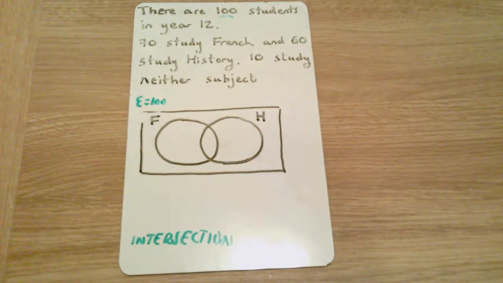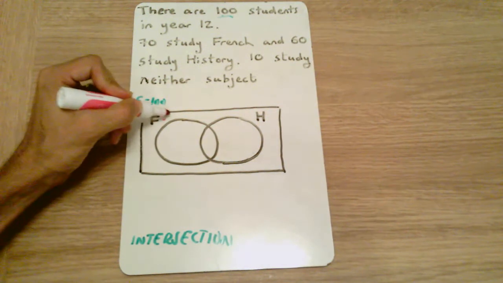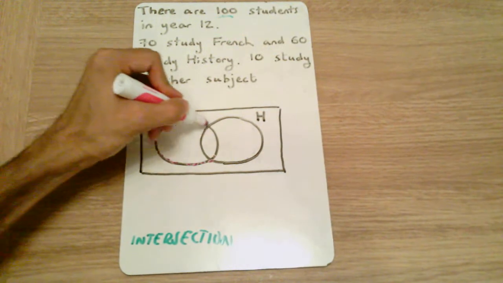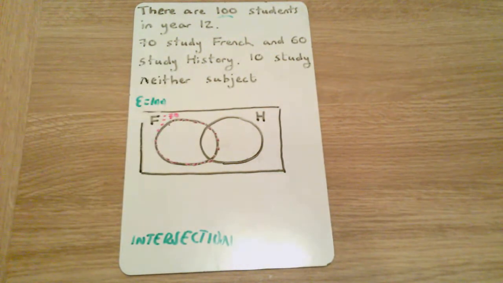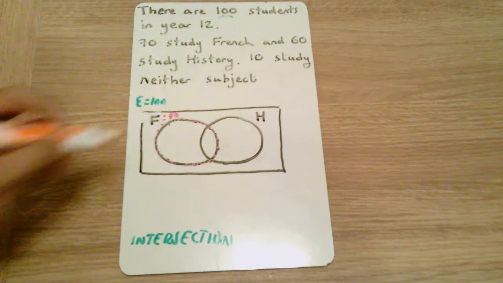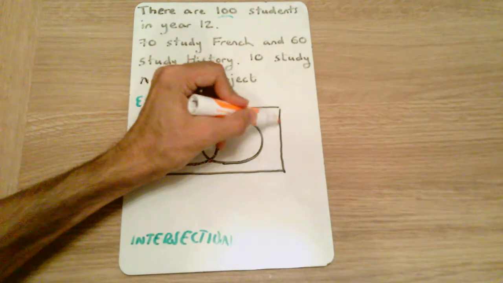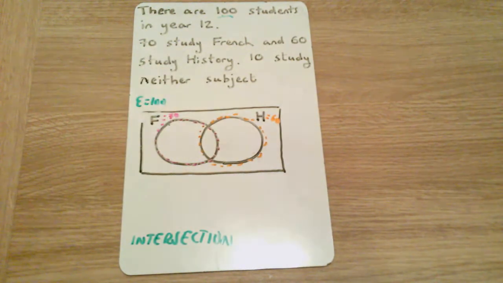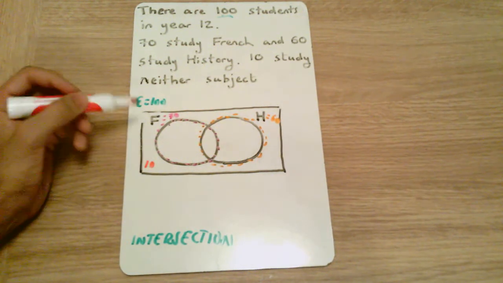We know that there are 70 that study French. That's 70 inside this circle. That's all of that. And we know that 60 study history, which means this circle over here is going to equal 60. But we can see there's a problem. We don't know how many do both. We know how many study neither. So actually if 10 study neither, we could put that on the outside, but we haven't started